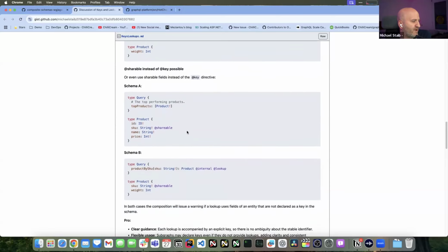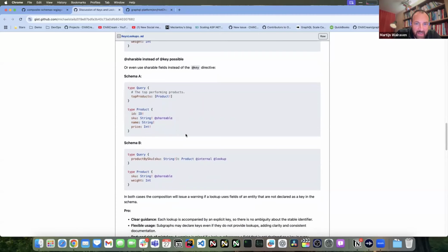And also if you use shareable instead of a key, then there is also a warning. There is an additional consideration there, but that has more to do with the lookup semantics, like whether we always want the fields that you map to exist in the subgraph itself. That could be as external, but I think that's one of the restrictions we discussed earlier.